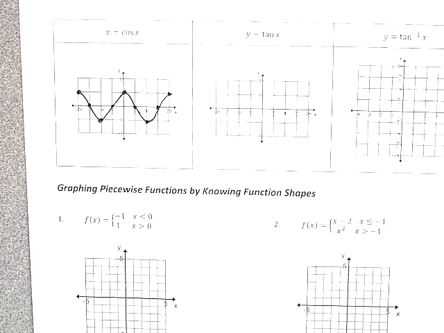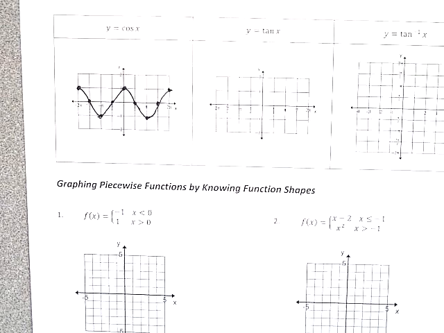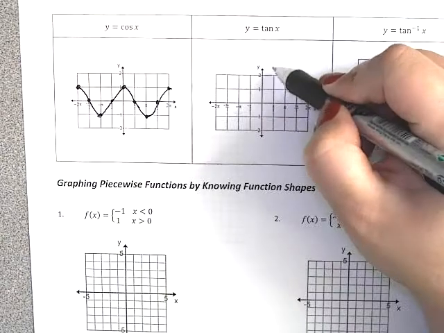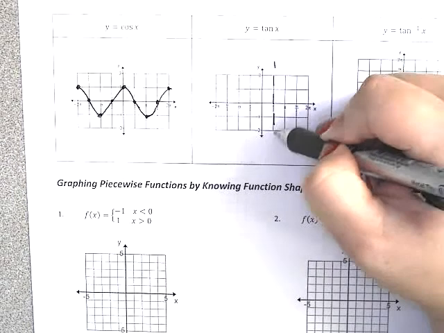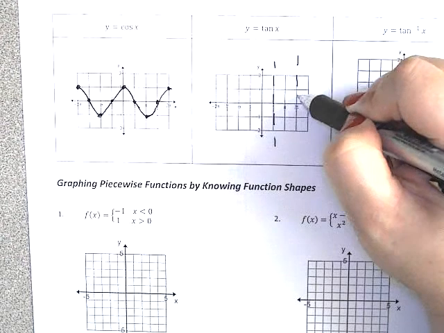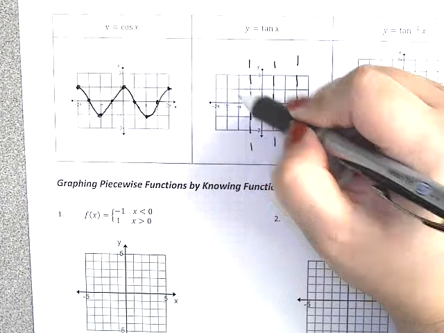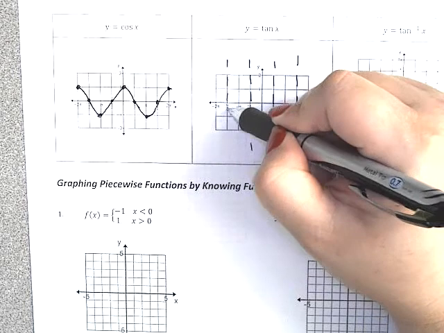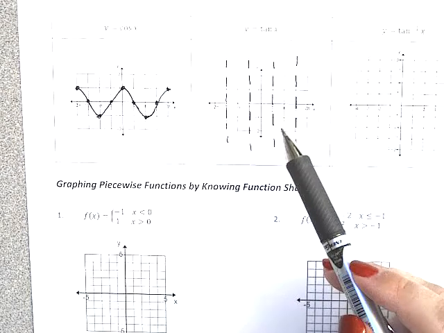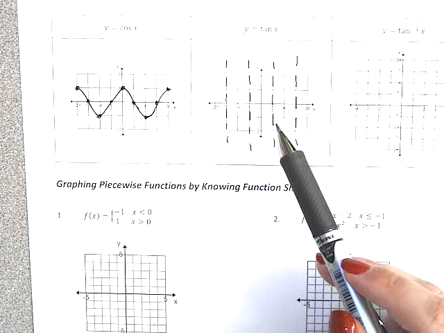Next we have the tangent function, and the tangent function always has asymptotes. All right, and the asymptotes are always at pi over 2 and 3 pi over 2. Same with the negatives, negative pi over 2 and negative 3 pi over 2. The nice easy way to remember that is tangent has asymptotes